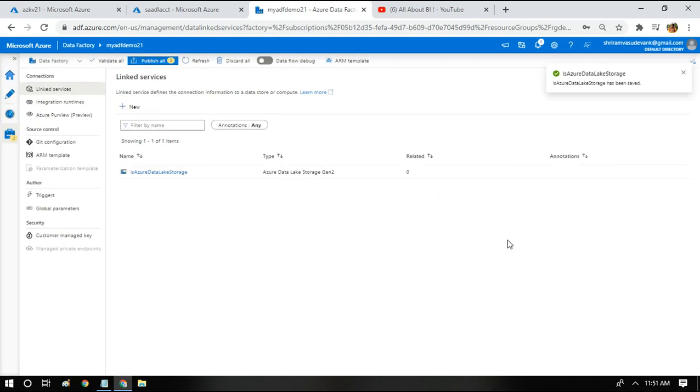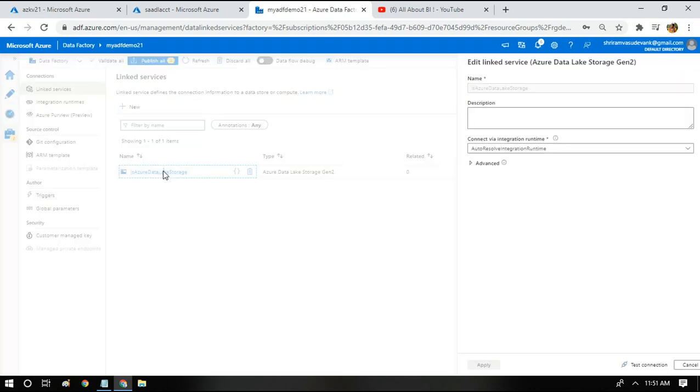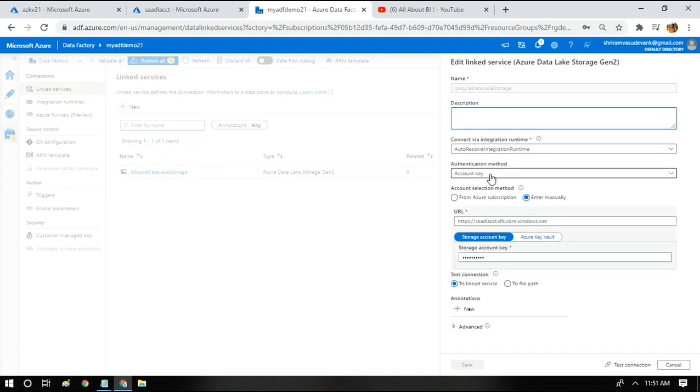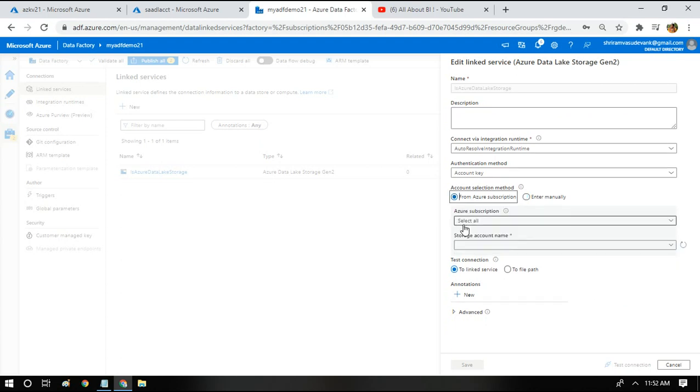Instead, what we can do is, I'm editing the already created linked service. Here, if you look at the option to enter manually, by default it converts from Azure subscription to enter manually after we have saved the linked service. I did nothing, I just pointed to my subscription detail and storage account name and saved my linked service.